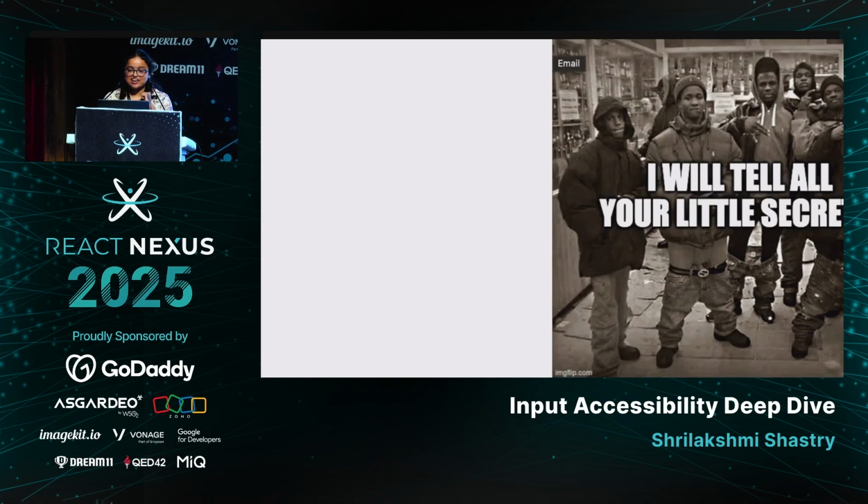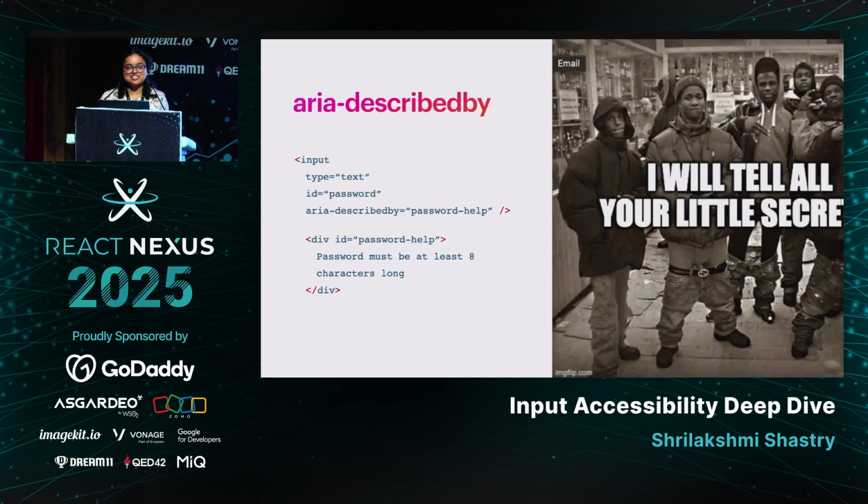Next is ARIA describedby. ARIA describedby is just like your buddy who knows all the little things about you. So ARIA describedby is mainly used to provide more details or context on what to input, error messages and alerts. Then you must be asking why do we have aria-label attributes and description, ARIA describedby?